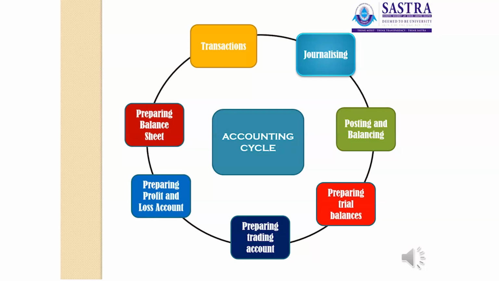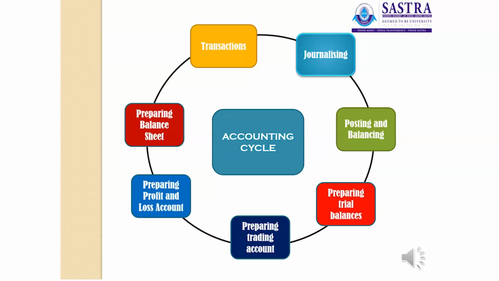Each and every transaction should be recorded here. Each transaction has two aspects: one is the benefit receiving aspect and the other is the benefit giving aspect. Then the second step is transferring the entries from the journal to the ledger,